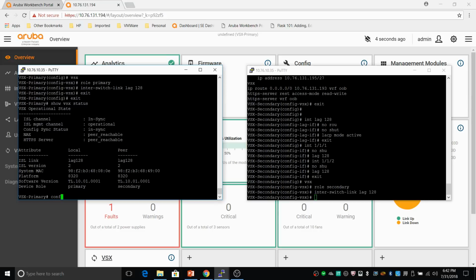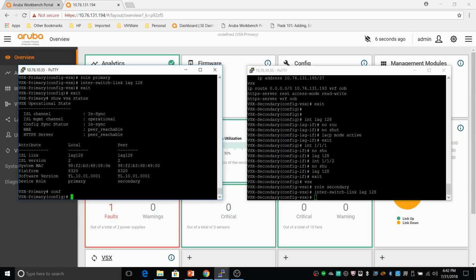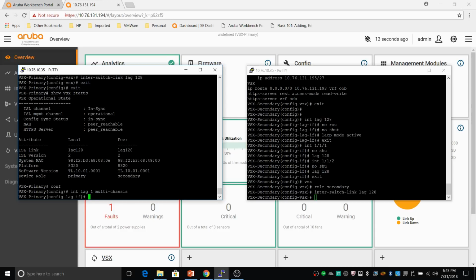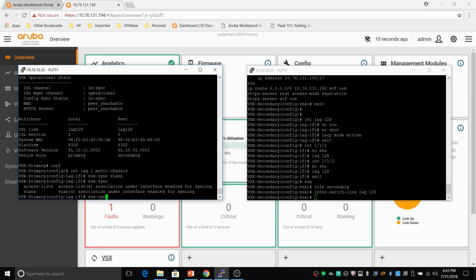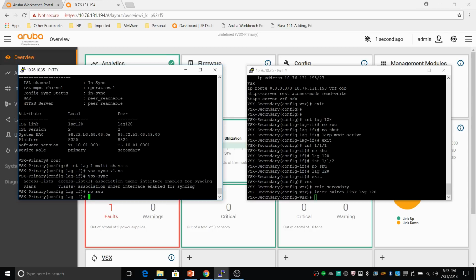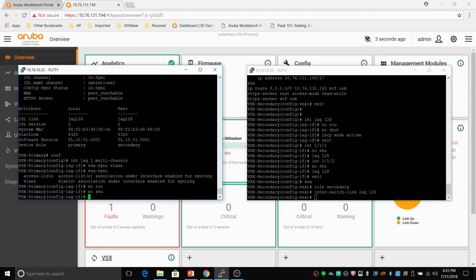So go into configuration mode. Let's create a LAG interface 1, which is a multi-chassis. What we're going to do is set the VSX sync for VLANs. I can also do a VSX sync for ACLs, so access lists or VLANs. So no routing, no shut, LACP mode active,